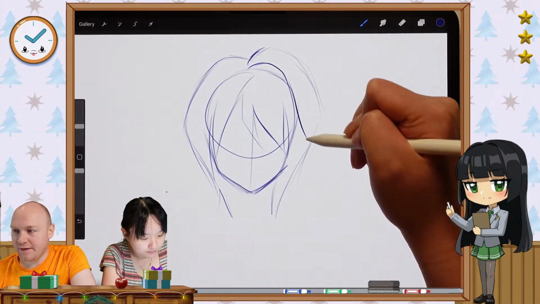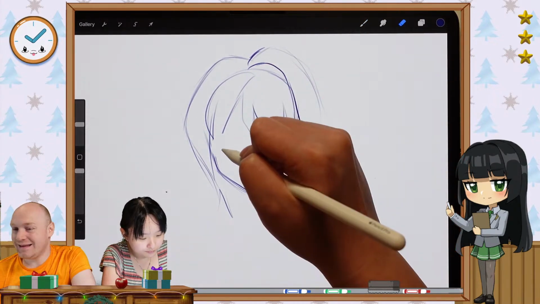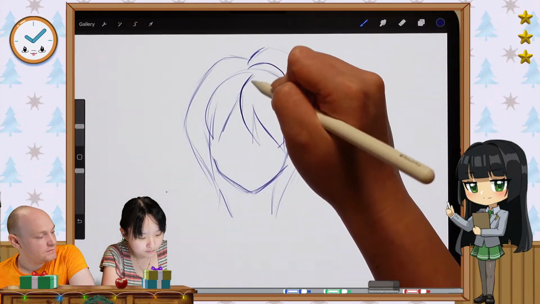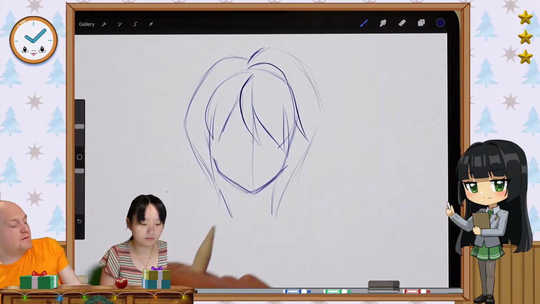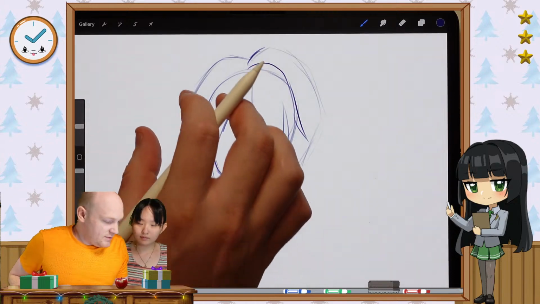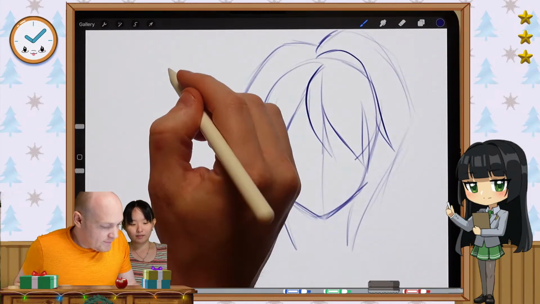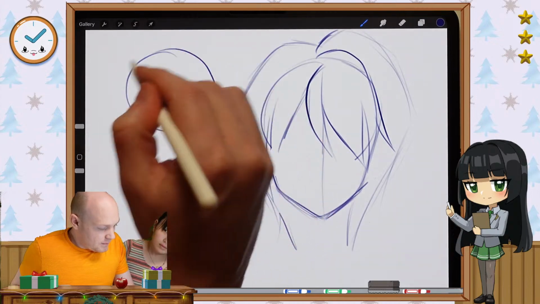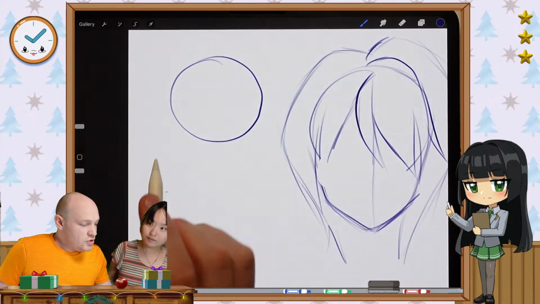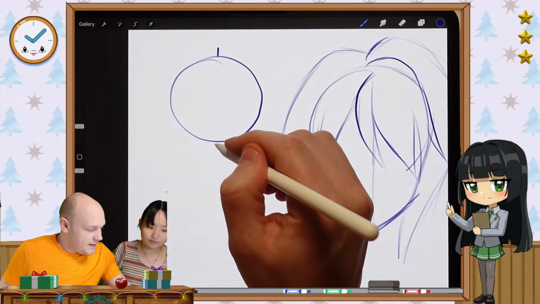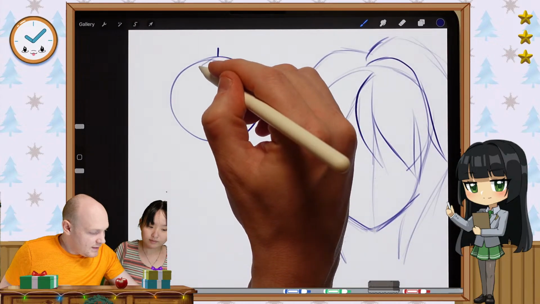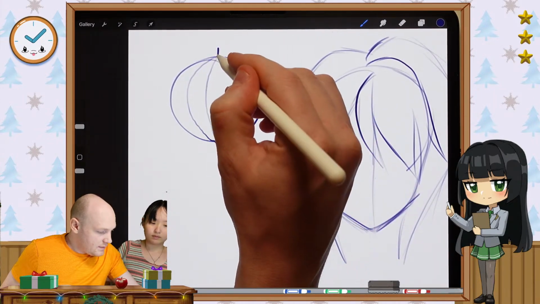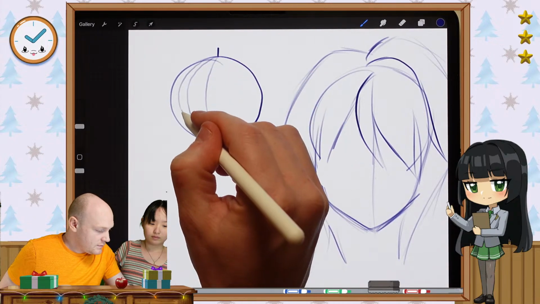One really important skill that you want to develop is to be able to find the center line of an organic form. I can't find the center line unless I scoot over. But if you have an organic form, or if you have a circle like this, you want to be able to find the center line of this. So this is going to have center lines wrapping around it like this.